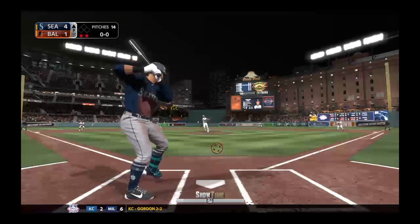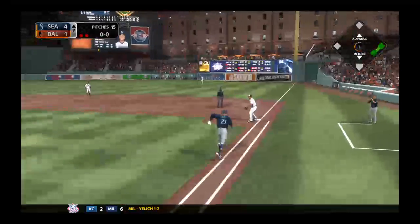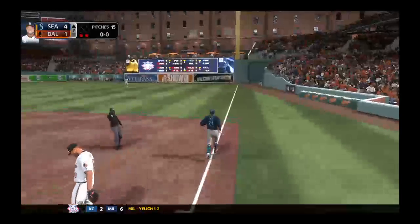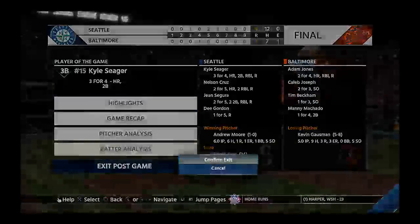Here's the first pitch to him. On the ground to third. Beckham scoops it up. Throw to first will get him easily, and the side is retired. So they go down with a 4-1 finish in this evening's game. The Seattle Mariners